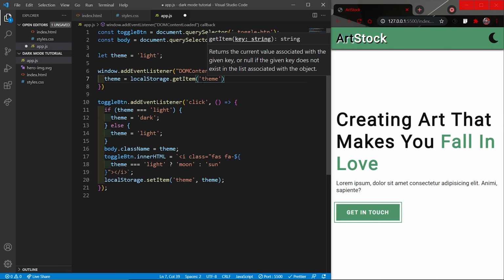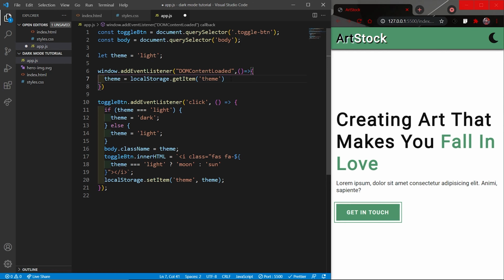And if for some reason we do not get a theme, maybe some error occurs, or like for the first time someone opens the page, there would not be any theme in the local storage. So for those times, we will give it a default value of light. So for some reason, if somebody doesn't get a value from the local storage, the theme will be light.